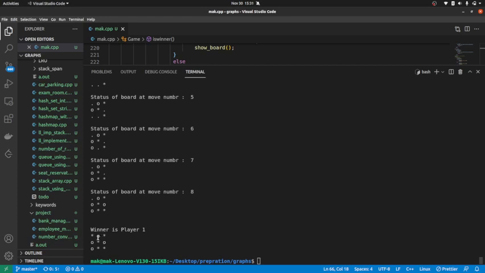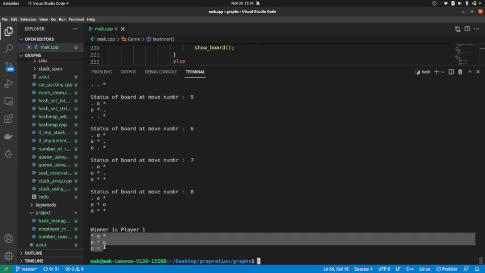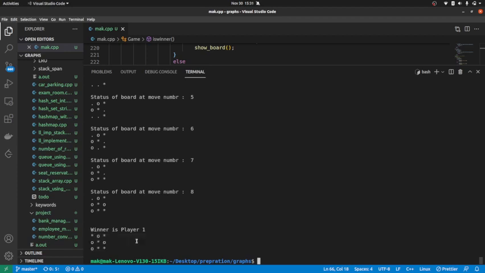So you can see up here, my game is being played between two players, and player 1 is the winner here because in the diagonal you can see that all stars are there. But the actual check comes when an interviewer extends this problem to you to design this tic-tac-toe game for multiplayer, with a board size like 9x9, 10x10, or 12x12, or says that multiple players can play this game. So you have to design this kind of problem.